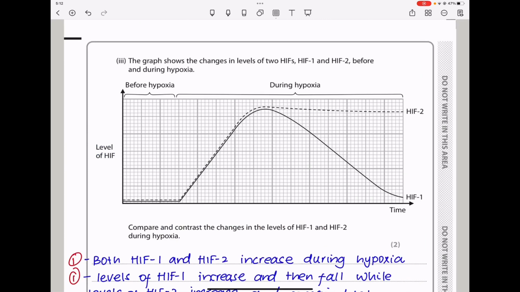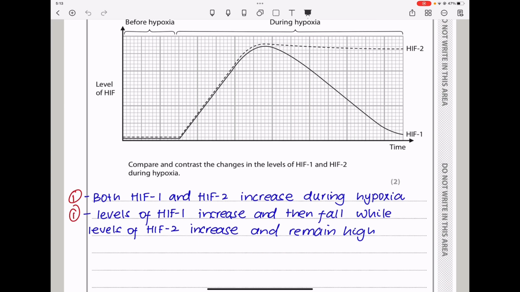Here they say the graph shows the changes in level of two HIFs, HIF1 and HIF2, before and during hypoxia. Before hypoxia, the levels of HIFs are both low, although HIF2 is higher than HIF1. However, during hypoxia, we see they both begin to increase. However, HIF1 reaches a maximum and decreases, but HIF2 seems to decrease quite slowly or actually